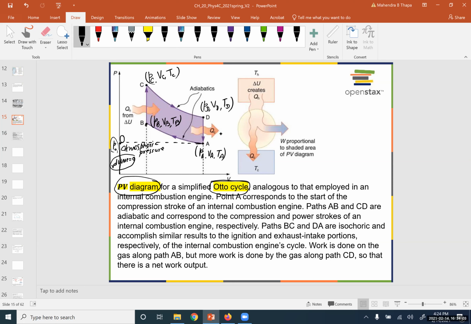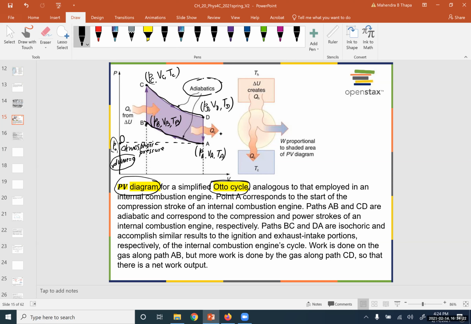This one, AB and CD, the process is called the adiabatic process. A to B is the adiabatic compression, and C to D is the adiabatic